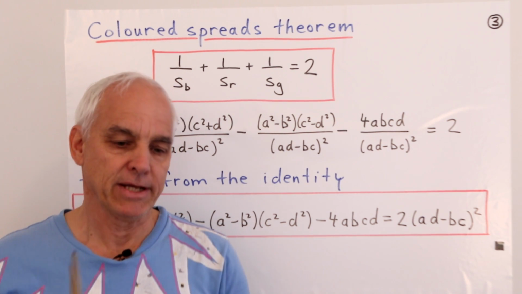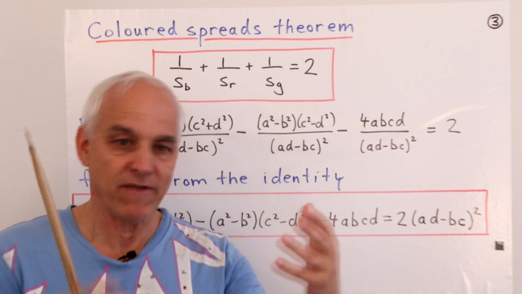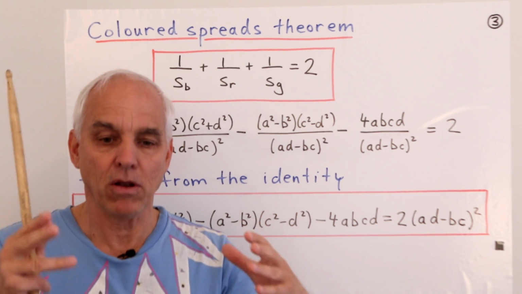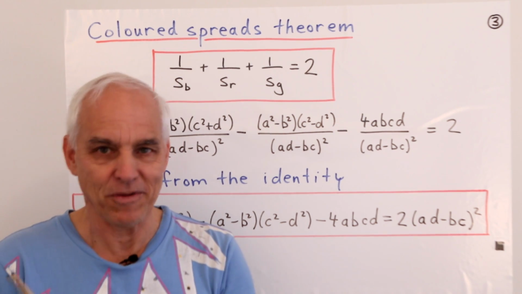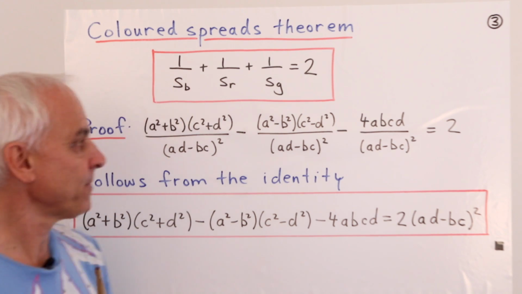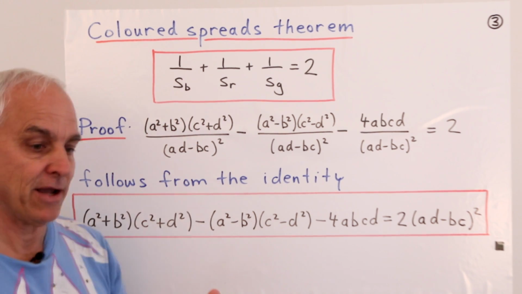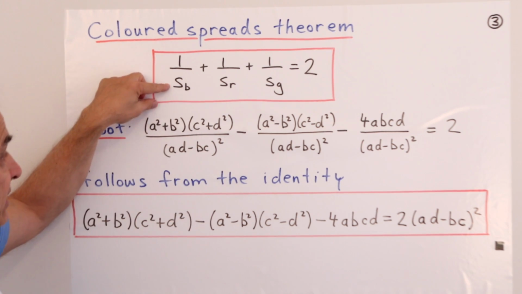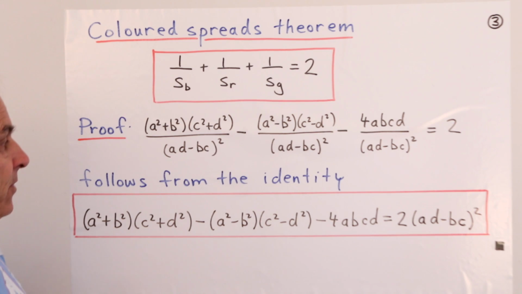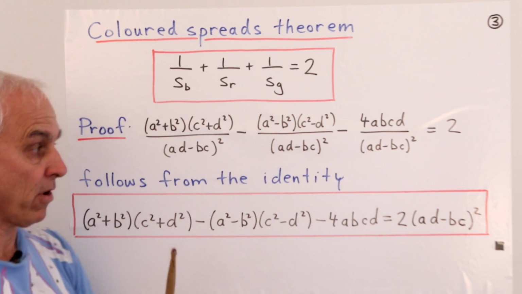Okay, so this is really demonstrating that these three geometries are not just of independent interest, they all combine in some fashion. They interact with each other, which is one of the main points of chromogeometry. And the proof is actually not hard because we can just use the expressions that we have already derived. The reciprocal of s sub b will be this expression here. This was appearing on the right-hand side of the equation I showed you before.